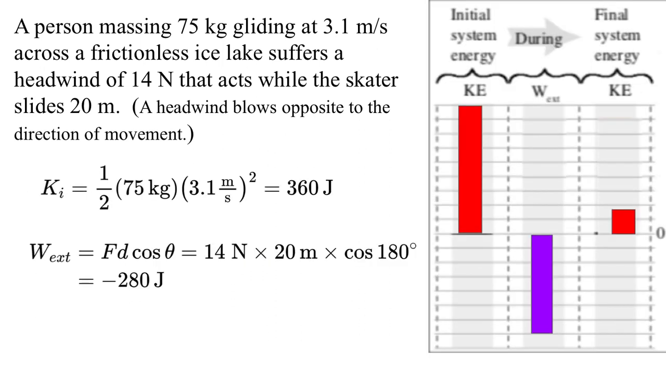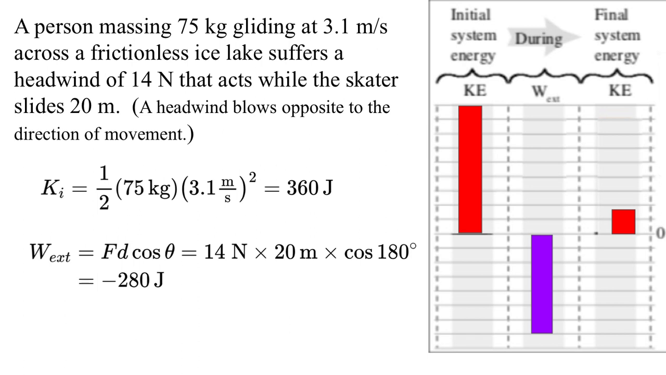Here we can compute that the initial kinetic energy is 1/2 times 75 times 3.1 squared, which when you do all of it works out to be just about 360, just a little bit more, but tenths of a joule and therefore kind of negligible on the scale. And that the external force does a work which is 14 newtons times 20 meters times -1 because it's opposite